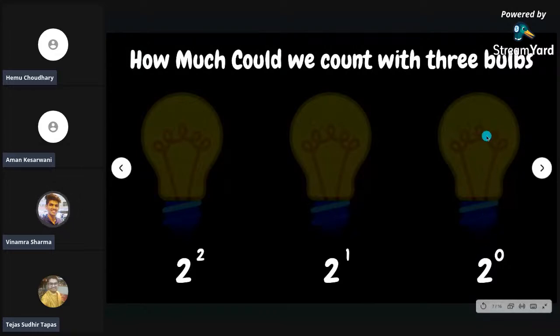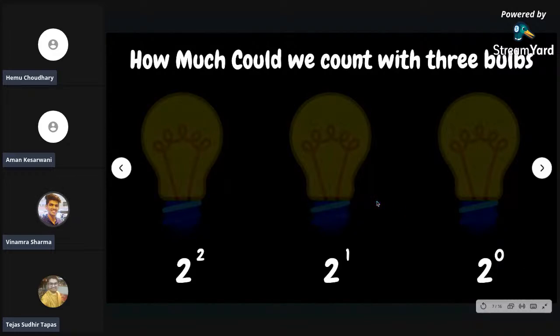We will glow the first bulb. Let's say the first bulb is glowing; we have given it the input. The second is still not connected, and the third is still not connected, which means off. So the value we have is 2 to the power 0. It is true, so it is counted. When 2 to the power 0 is 1, we can represent 1 in this way. Moving towards the next one.